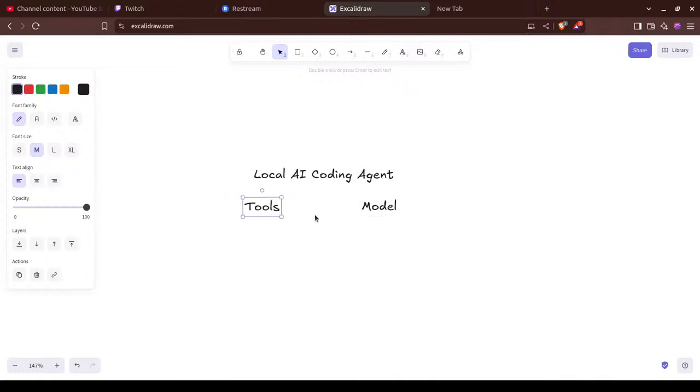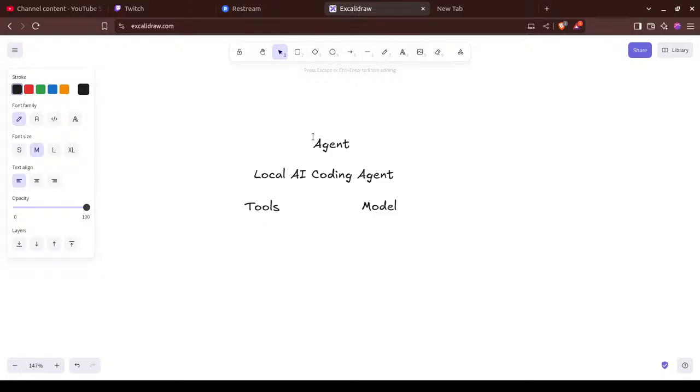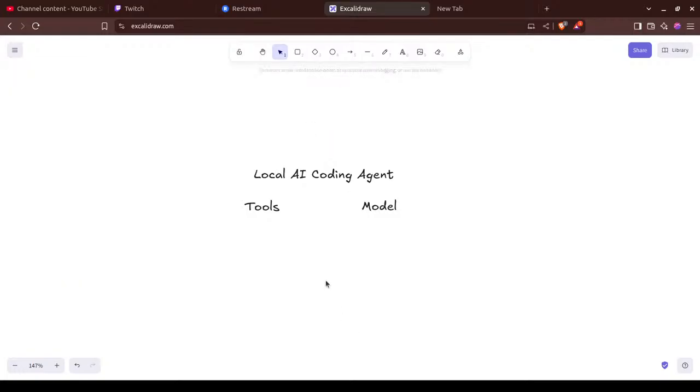Because I've seen that the models, or I should say IDEs, are quite expensive. And okay, I just muted it because I was just hearing my voice. So there is one more thing, which will be the actual agent framework or whatever we are going to use. But I don't think we will need this here for simplicity reasons.